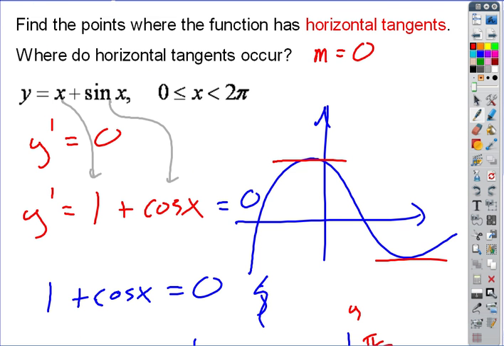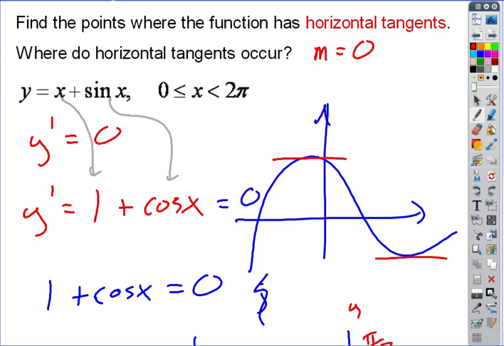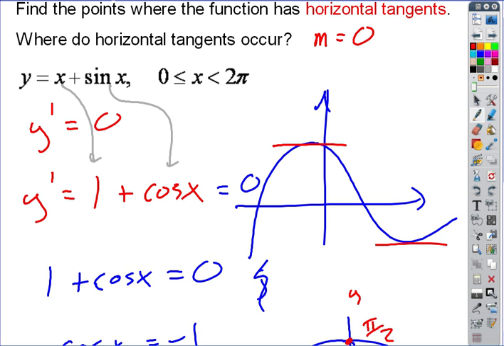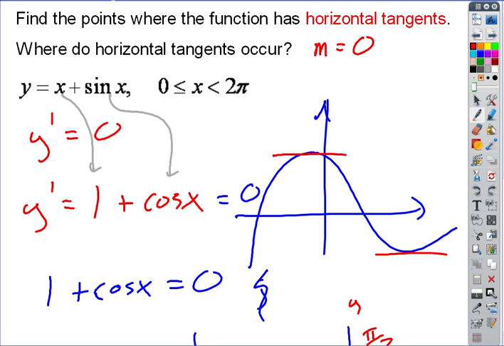We want the points though. Why is it negative 3 halves pi? Because I was just testing to see if you were paying attention. Of course, it's positive 3 halves pi. Very good. Okay. So now we want the points though. We don't just want the x values. We want the actual points in space. So how do I find the y values? If I know the x values, where do I go to find the y coordinates of those points? Do I go to the derivative? Yeah, plug them into the original function. That's what tells me the y values, right? So if I plug into the original,